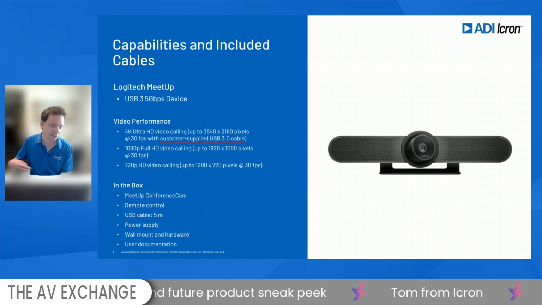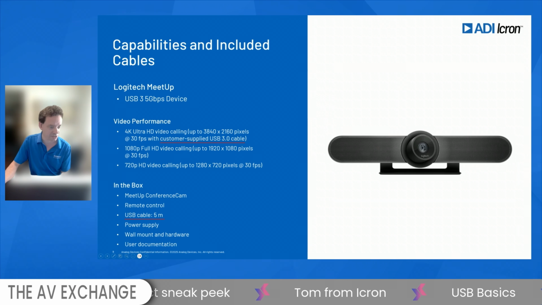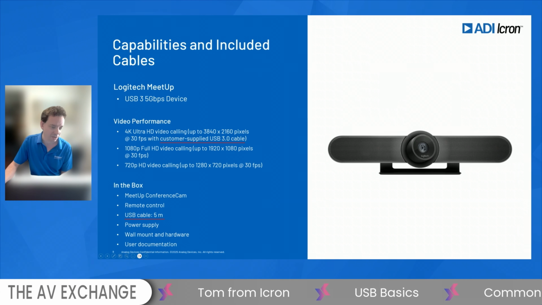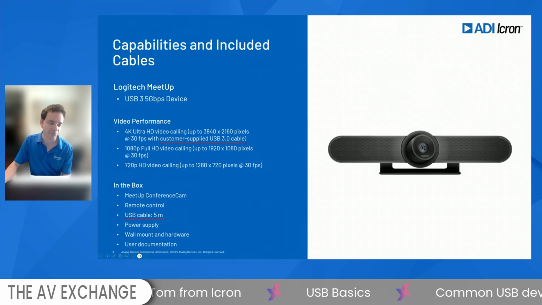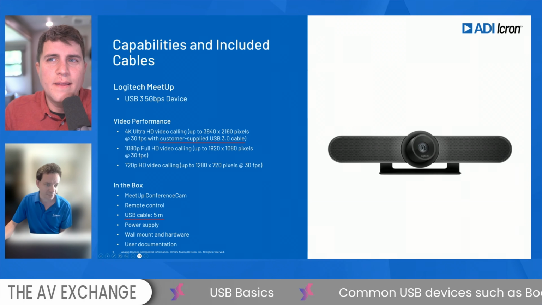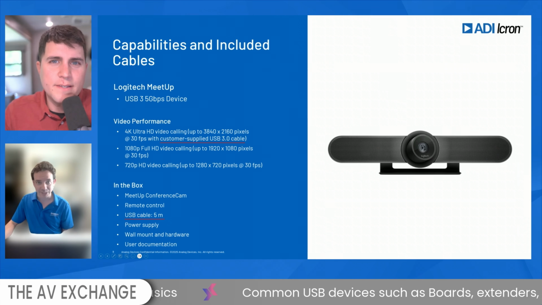One way to double check is, again, check for these kinds of stipulations in the product's data sheet. Also, a general background to USB capabilities: 5 meters is only for USB 2. So two ways to double check. Hopefully people get better at including documentation for these kinds of things. But yeah, this is a good example, Tom.